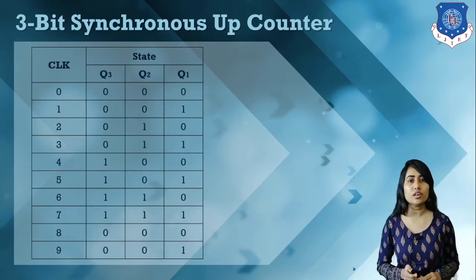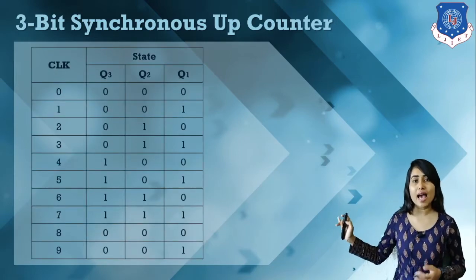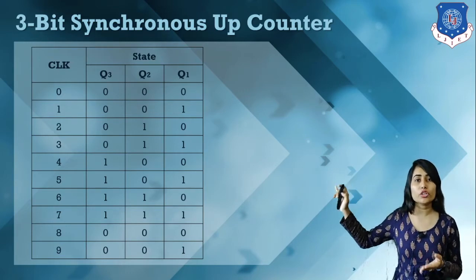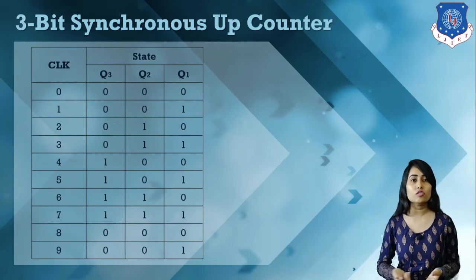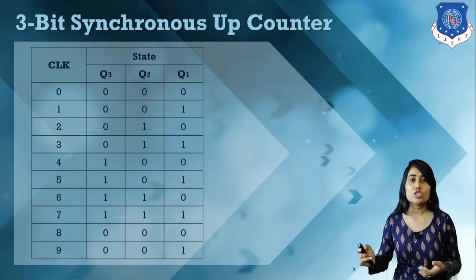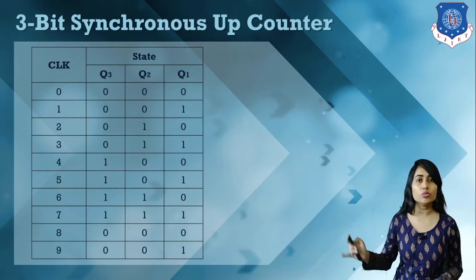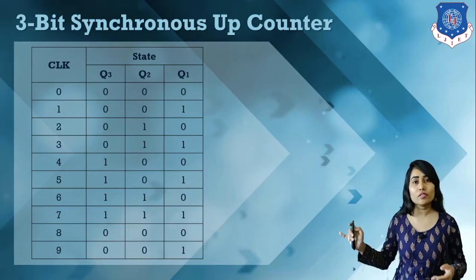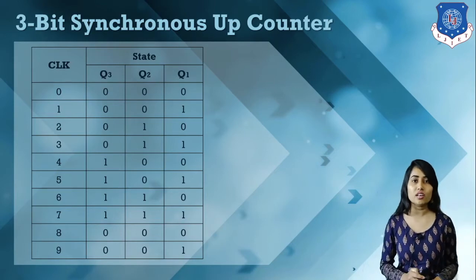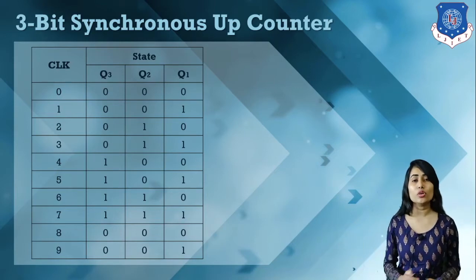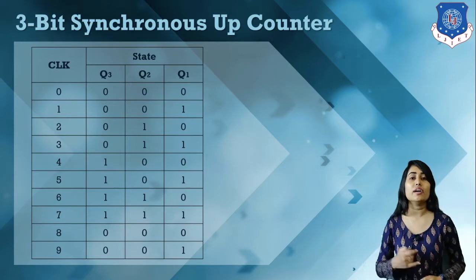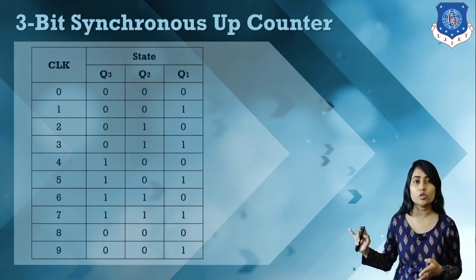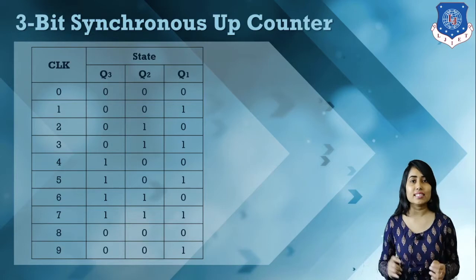Here we have the clock pulse and we have the output, that is Q3, Q2, Q1. As for a counter we measure output from Q3, Q2, Q1. So we require this kind of output for a synchronous up counter. So for this output, what will be the value of input? Here we have our desired output and we can calculate input combinations for this output. So let's design this 3-bit synchronous up counter with JK flip-flop.